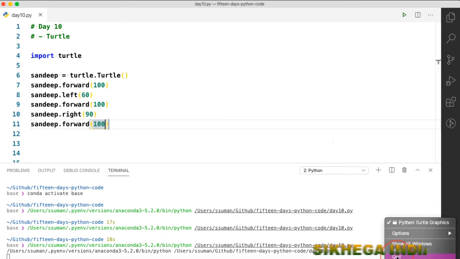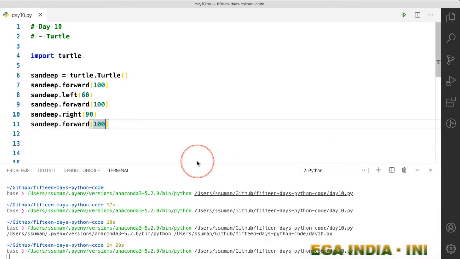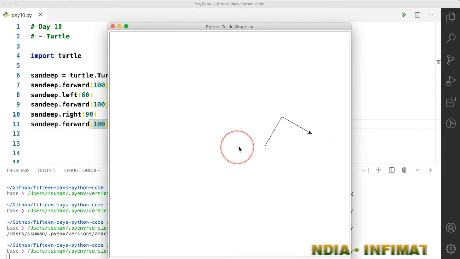You have to close your window in order to see it. Now you can see that in the last step it first turned 90 degree towards the right and then went 100 pixel forward in that direction.